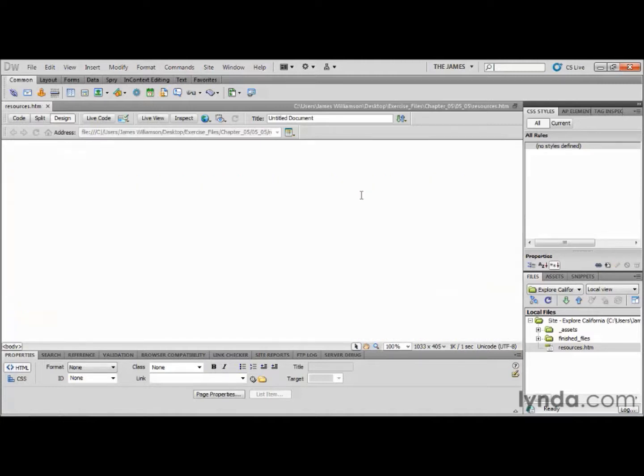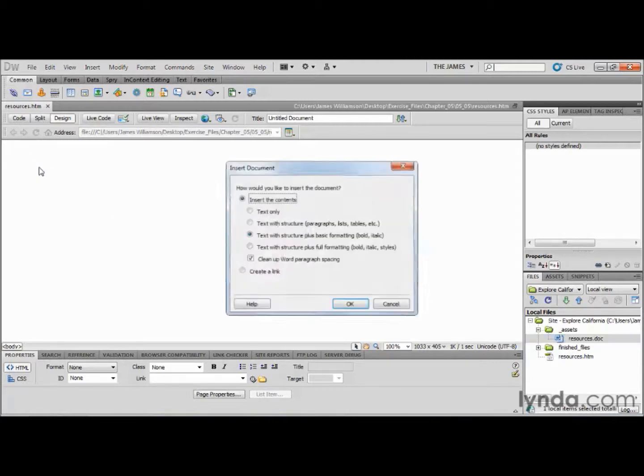way to do this. With any document, blank or one that already has some content in it, I can go over to my Files panel. I can open up this assets directory, and there's my resources.doc just sitting in there. And I can literally select the file and simply drag it to the location on the page that I want it to paste that text. That is insanely easy. Now, when I do that, I get the dialog box that comes up with a couple